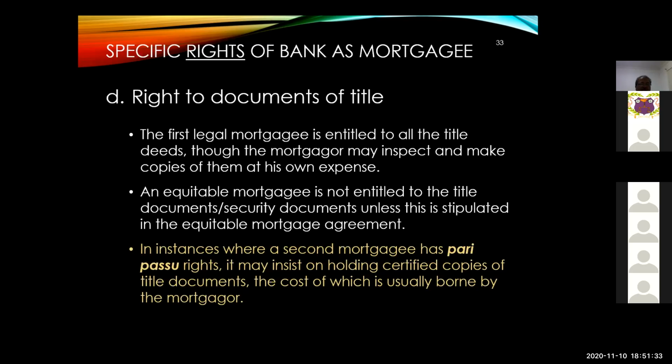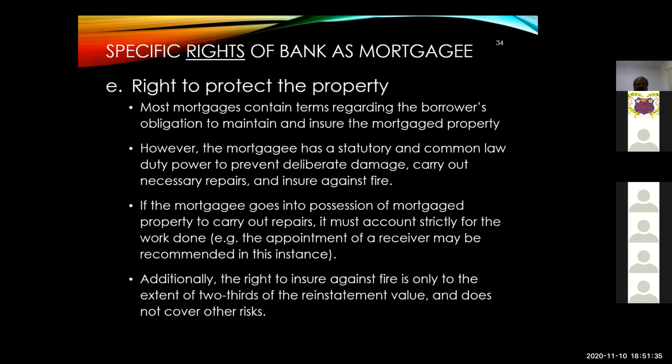So the fifth one, or E, the right to protect the property. So most mortgages contain terms regarding the borrower's obligation to maintain and insure the mortgage property. However, the mortgagee has a statutory and common law power to prevent deliberate damage, and also to carry out any necessary repairs, and also to insure against fire. Also in our jurisdiction, you should insist on also insuring for hurricane. Okay, that is